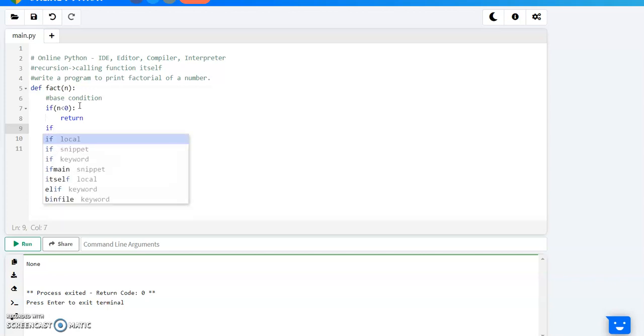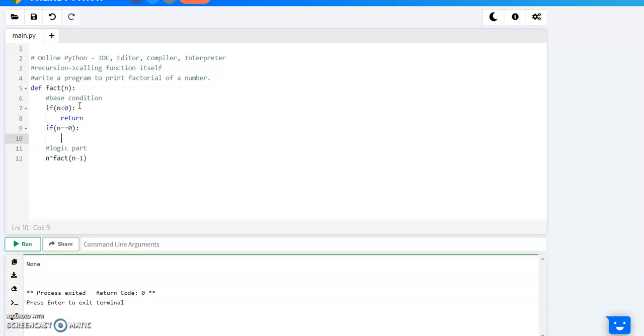If n equal to 0, it should return 1. Sorry, return 1, not n minus 1, just 1.